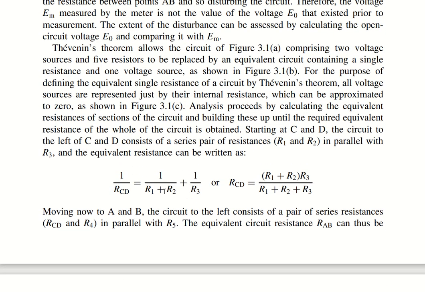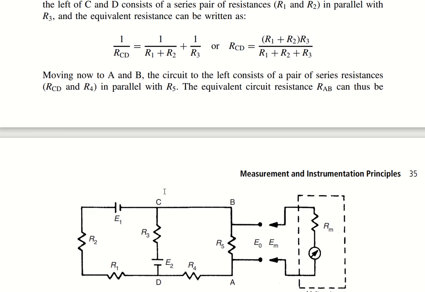So for the purpose of defining the equivalent single resistance of the circuit by Thevenin's theorem, all voltage sources are represented by their internal resistance, which can be approximated to zero, as I've said earlier, right? So the analysis proceeds by calculating the equivalent resistance of sections of the circuit and building this up until the required equivalent resistance of the whole circuit is obtained. Starting at C and D, the circuit to the left of C and D will consist of a series pair of the resistances R1 and R2, as you can see,